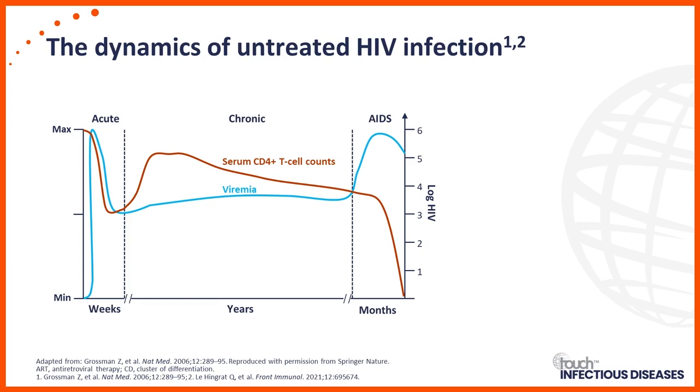And then continued viral replication means that there is a gradual CD4 T cell depletion over the years. So while these cells are continuously produced by the bone marrow to replenish this depletion, there comes a time that the bone marrow can no longer preserve the CD4 T cell balance in the blood,